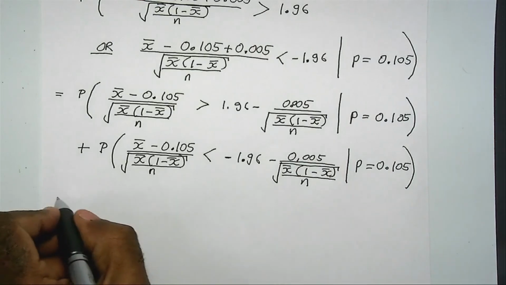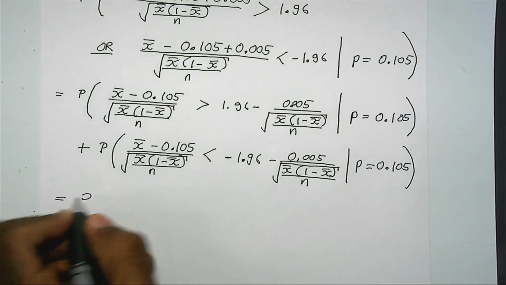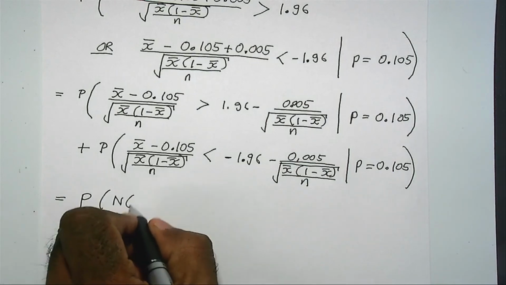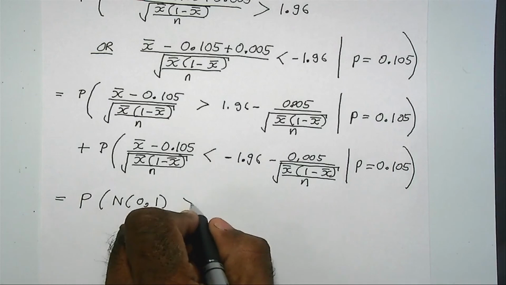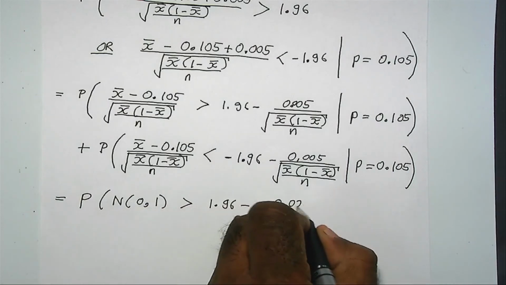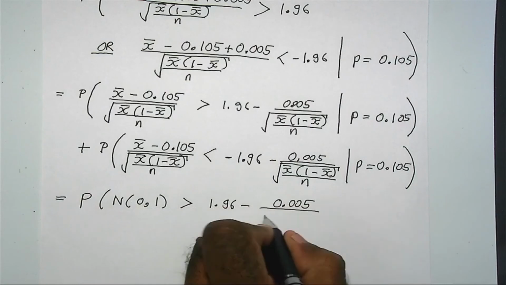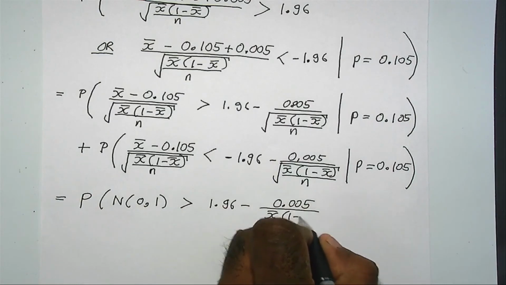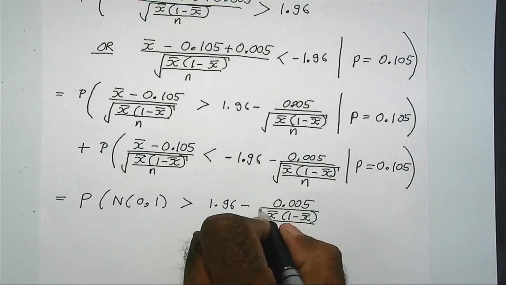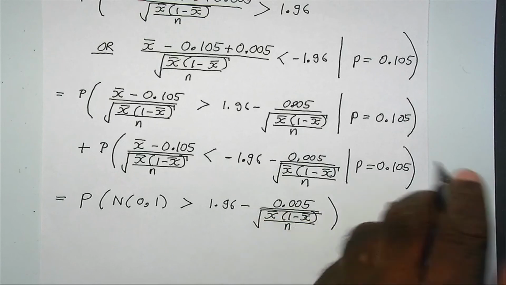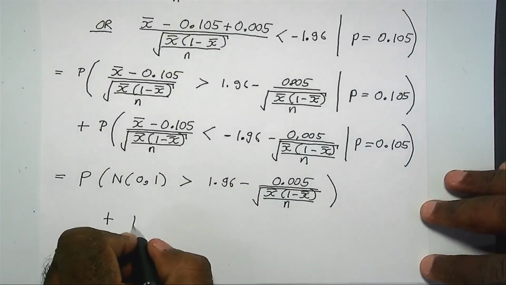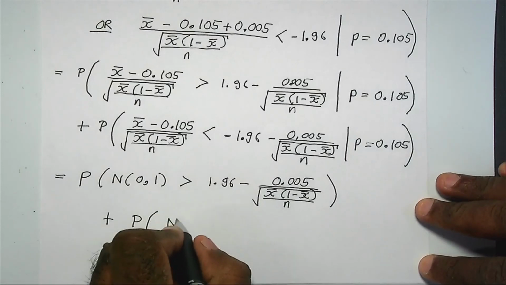So you can write this as the probability that N(0,1) is greater than 1.96 minus, we don't need the conditioning anymore, right? Plus the probability that N(0,1)